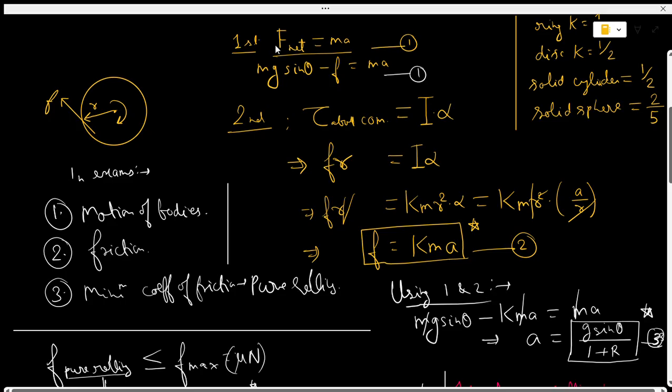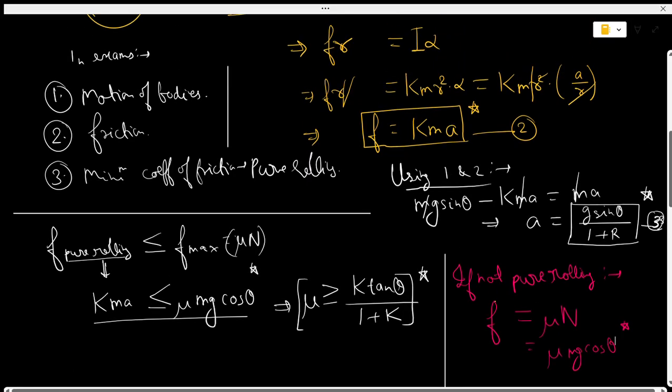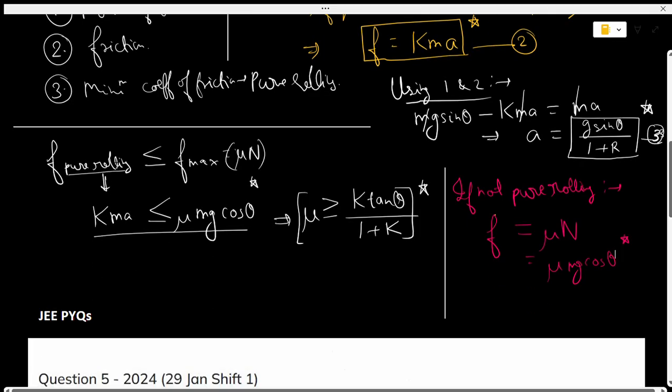First, we write the equation for motion, F net equals ma, then the torque, and we have derived some equations important for your concepts. Okay, so using the same things we derived here, we will be solving some of the easiest concept-based questions in JEE. Okay,